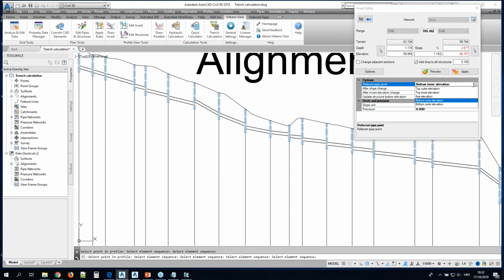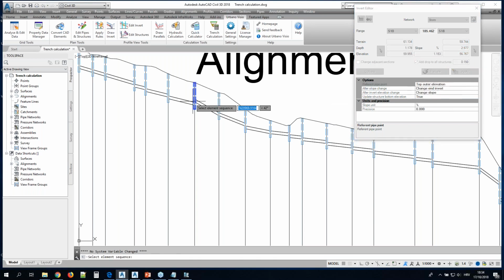So basically the program starts with, okay, your reference line is the invert line, which is the bottom inner elevation of the pipe. But you can basically choose any other specific point on the pipe to use for your reference point. So, for example, if you want to use the pipe crown, you would say top outer elevation,